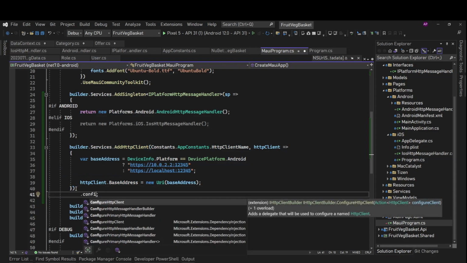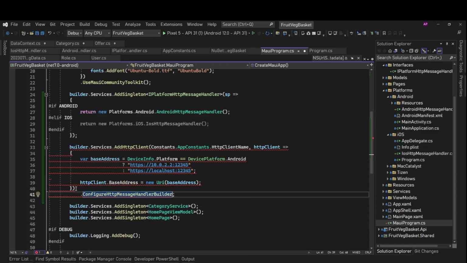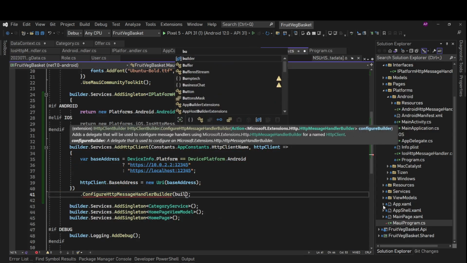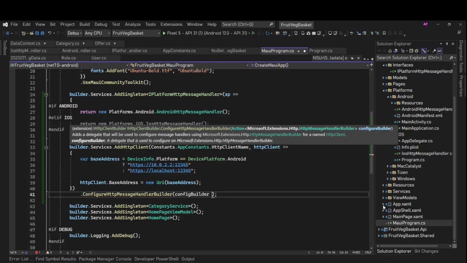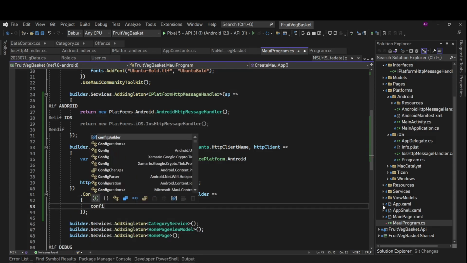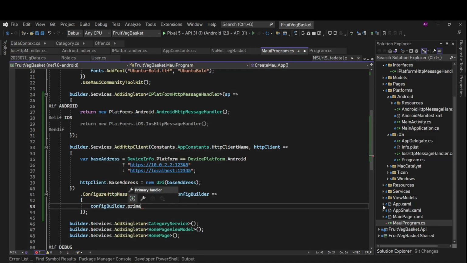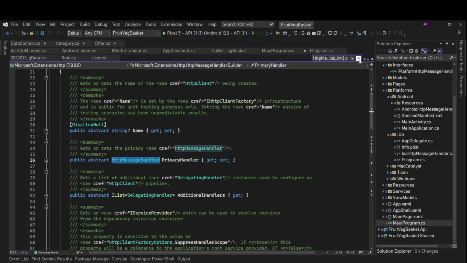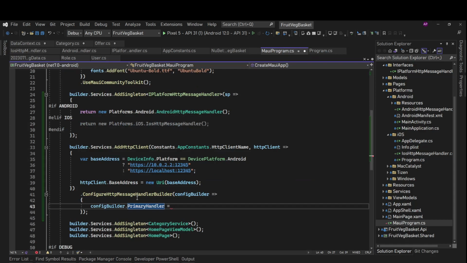For that, we'll say configure HTTP message handler builder, which gets a configuration builder, config builder, and from this config builder, we have a property which is primary handler. We need to set this, and this is of type HTTP message handler.